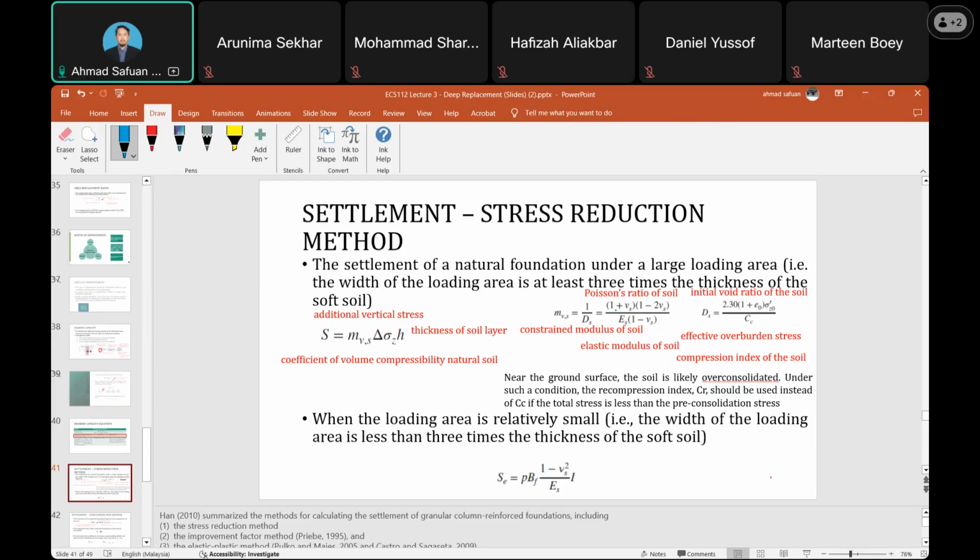So this is the Poisson ratio and this is the elastic modulus of the soil. If we are given the Poisson ratio and elastic modulus of the soil, we can determine